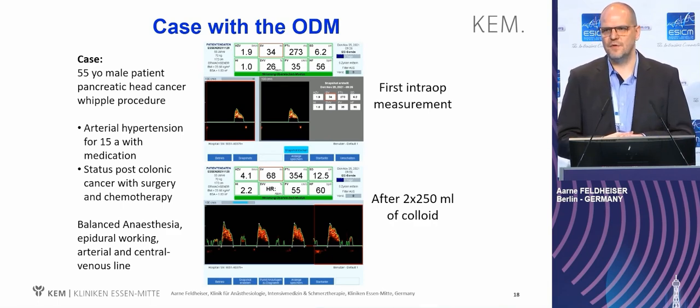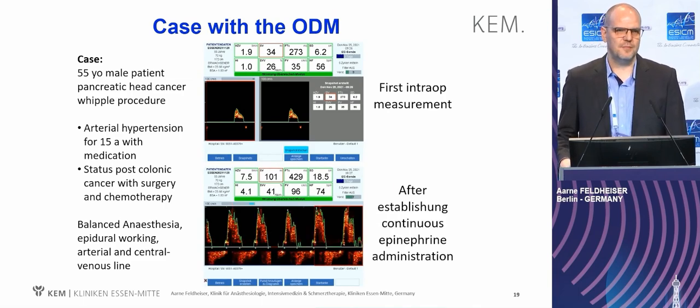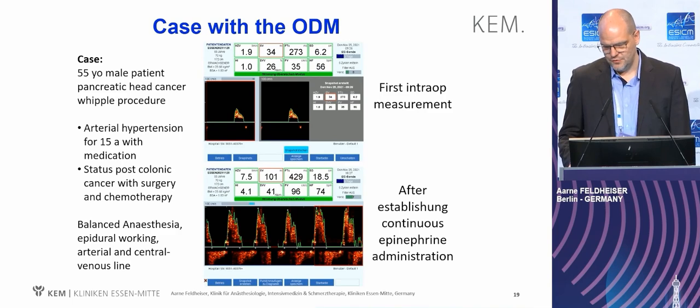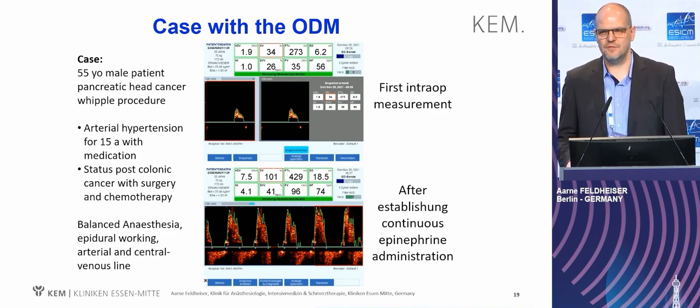Everybody has his own Frank-Starling curve, but still this cardiac index might be too low. So in this case, I just established epinephrine to further increase stroke volume, but in this individual case, and it worked out. This is an example of how you use, based on Doppler measurements, an algorithm, how you drive therapy based